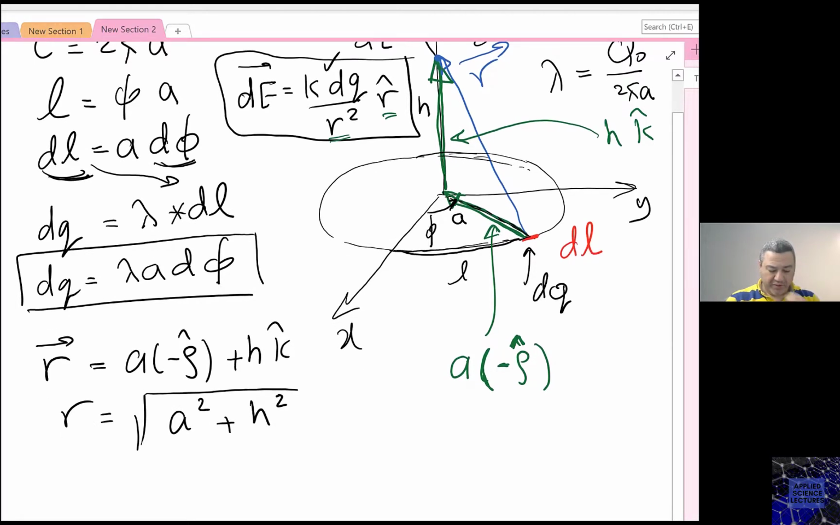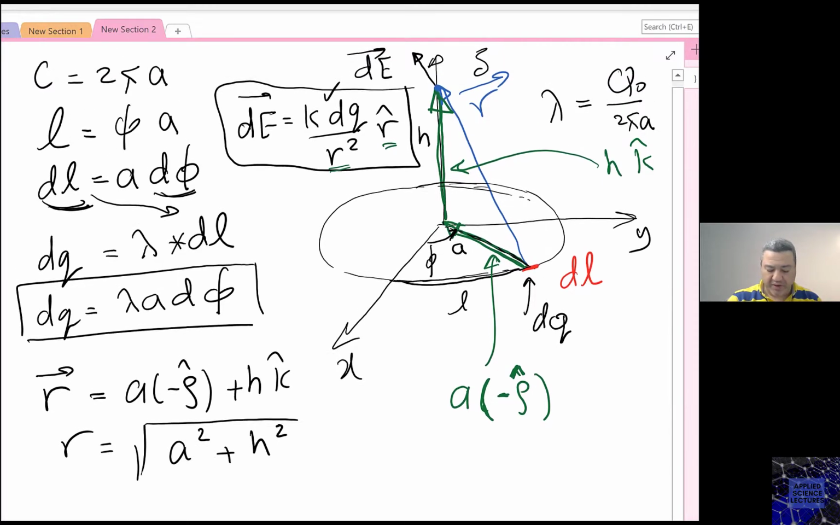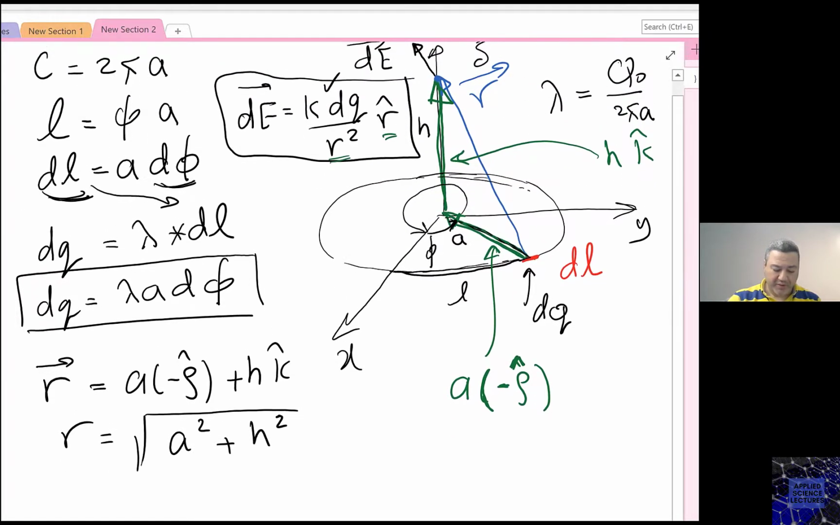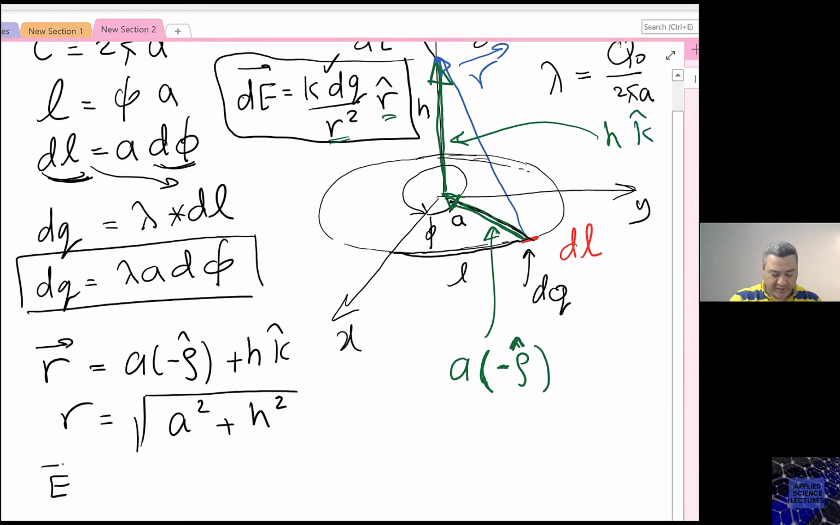Then I need to decide on the limit of the integration here. I know that the phi is sweeping from 0 to 2 pi. So if I put everything now together, I can say that E equals the integration over phi from 0 to 2 pi of k dq, which is lambda a d phi, divided by r squared, which is